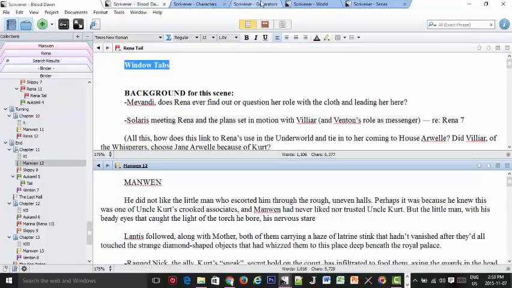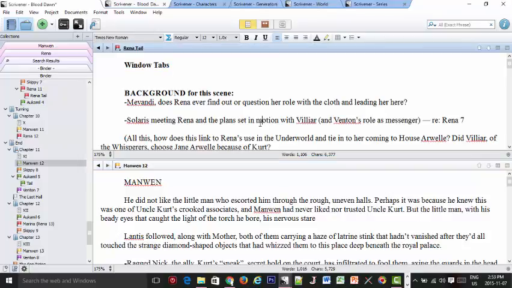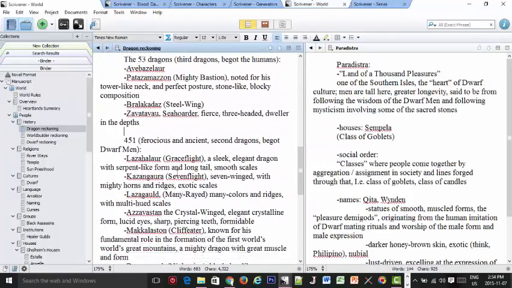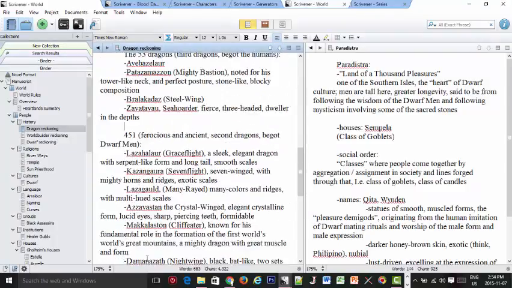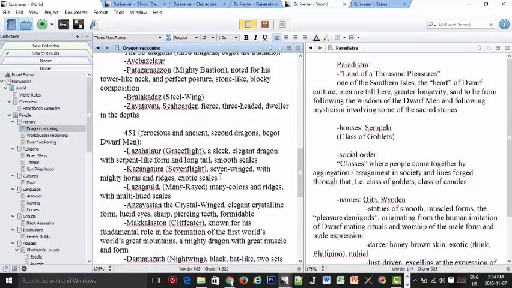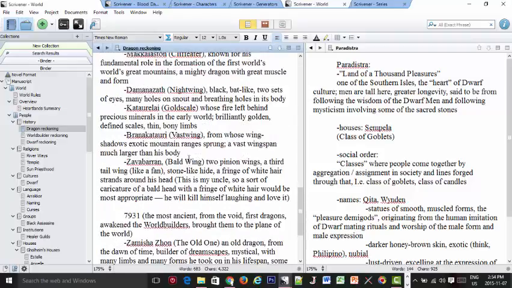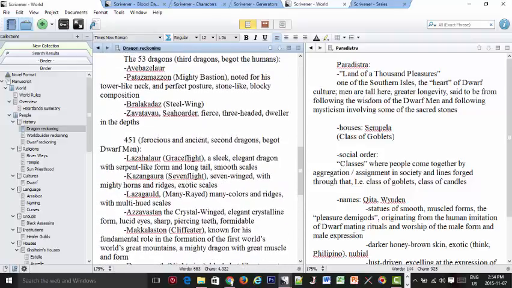I prefer having these tabs up here because all I have to do, let's say if I want to go into the world file, I just click that, and there we go. I've got all my dragons here. This course is open because throughout the week, anytime I get a dragon backer for Blood Dawn, their name goes here. And this is proof, I guess, to those people who have backed